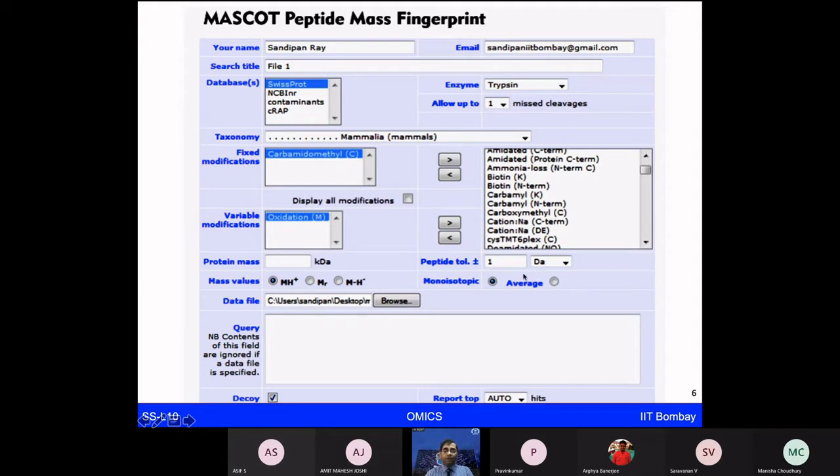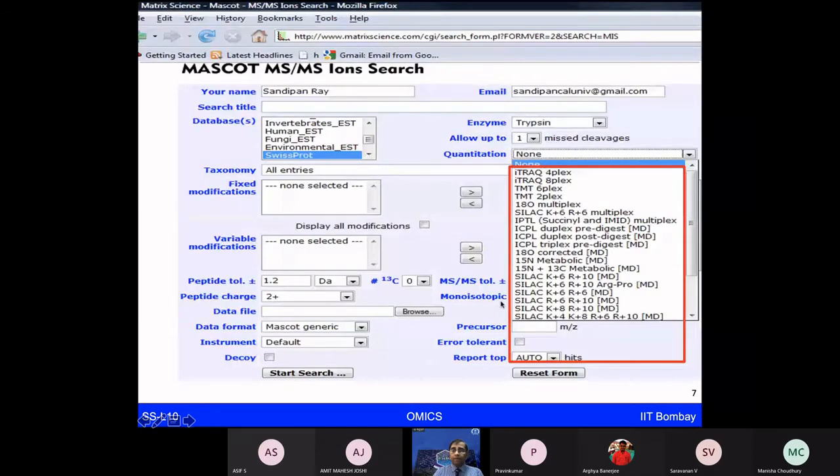You can just go with some other default settings like peptide tolerance, mass value. Again, depending on which type of mass spectrometer you are using, you can accordingly define these charge species. And then if you are looking at just the protein identification, then you can put none. If you are looking at protein quantification, then you have to define which type of quantification you are looking at, from iTRAQ or TMT or SILAC. And if you are looking at electrospray ionization type of data from LC-MS, that generates multiple charge species. So you can define the charge states there.